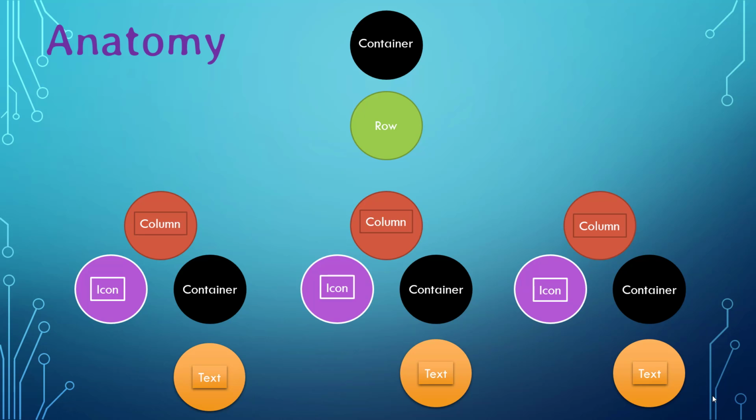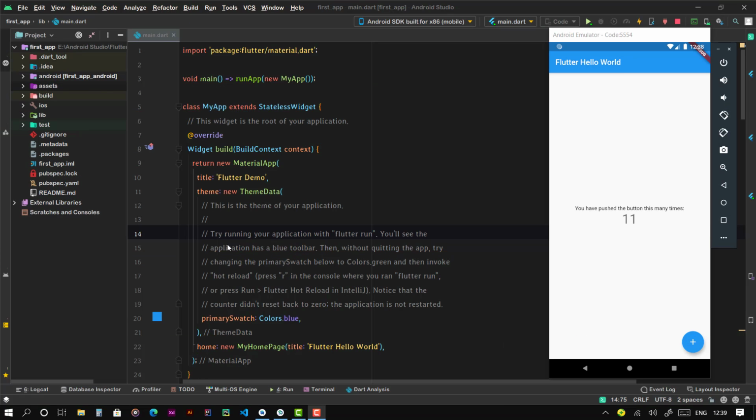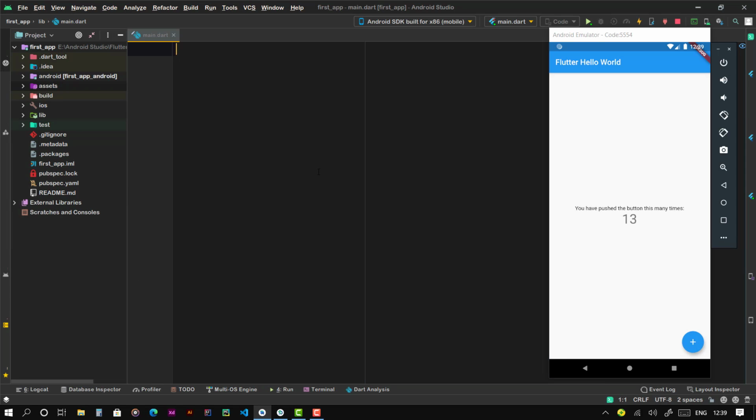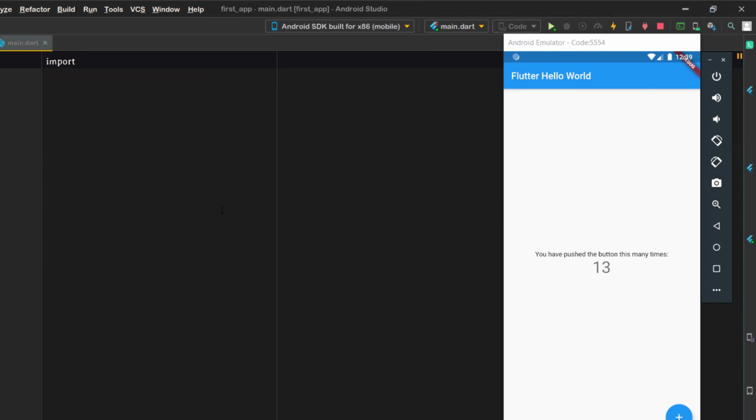Now let's see programmatically how this runs in Flutter. In the previous video, apart from setting up Flutter on our computer, we had even created this default Flutter app which basically had a button at its bottom which upon clicking would increment this text. We will just clean this code and prepare our own to learn the layouts in Flutter. First we need to import the material.dart file, and later we need to add a void main method